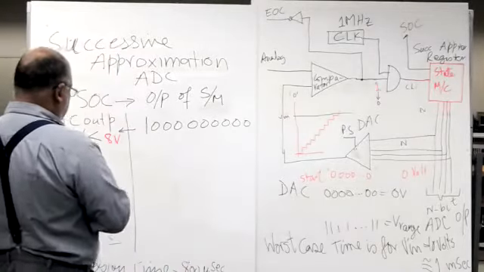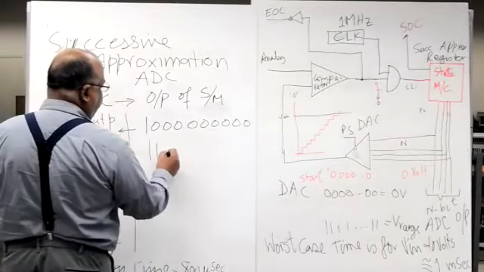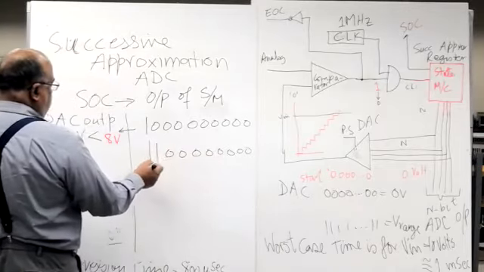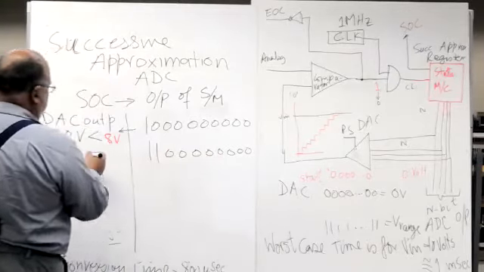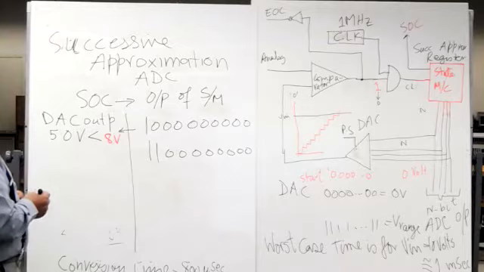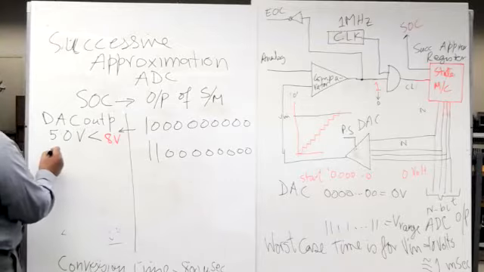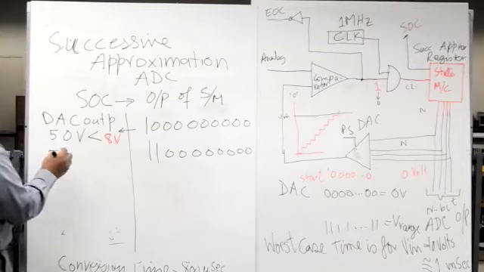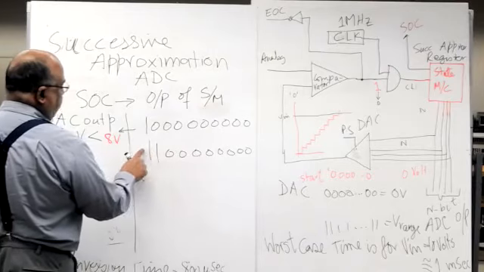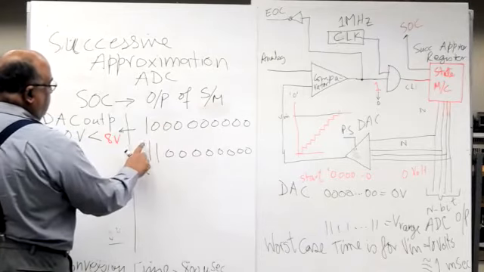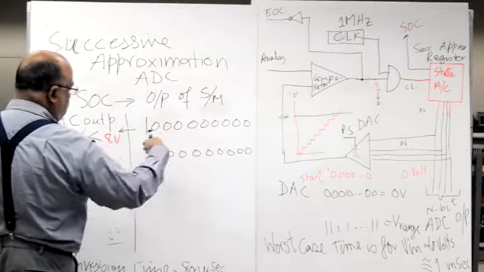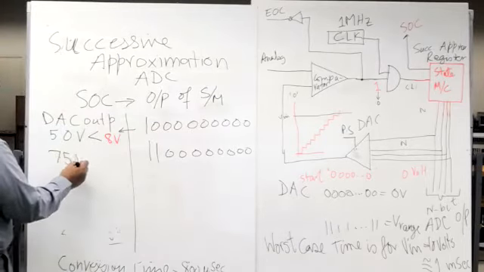So next time the output will become 1100000000. Now this one will make the DAC output कितनी हो जाएगी? सर 7.5. Very good, 7.5. Half of this will be added. Remember, voltage आधी आधी होती जाती हैं वेटेज के हिसाब से। इसकी वेटेज है 512, इसकी 256 एंड सो ऑन। सो डैक की आउटपुट भी उसी तरह से आधी आधी है। सो 7.5 वोल्ट इज लेस देन 8 वोल्ट।